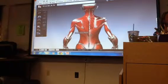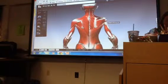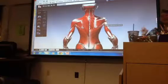Here's latissimus. It's a low back muscle, but it comes up and has a very specific function in the shoulders. Plus, he had really stretched it to bring it around here. So why wouldn't she have low back problems? Right. Okay. So that's why